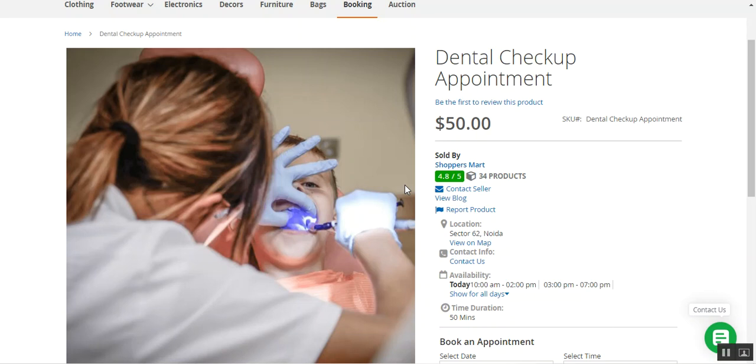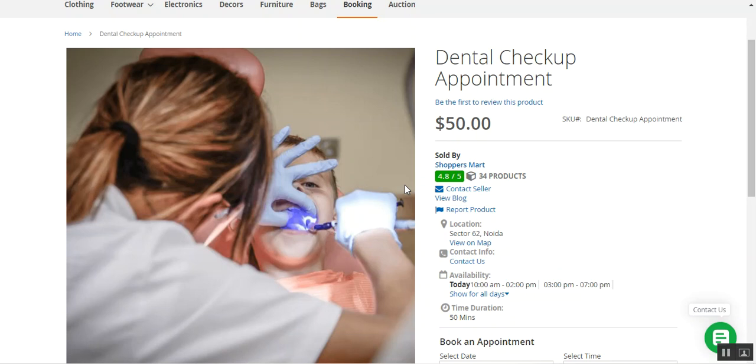Today we'll be checking out the Magento 2 Multi-Vendor Marketplace Advanced Booking System that basically introduces the new product type, that's the booking product type, which allows the marketplace sellers to sell booking services as a product. Now your customers can easily purchase and book everything online, including appointments, event tickets, rental products, hotels, tables, etc.